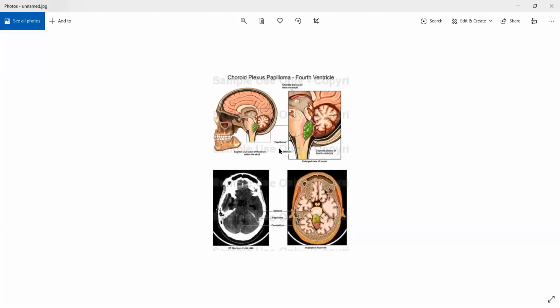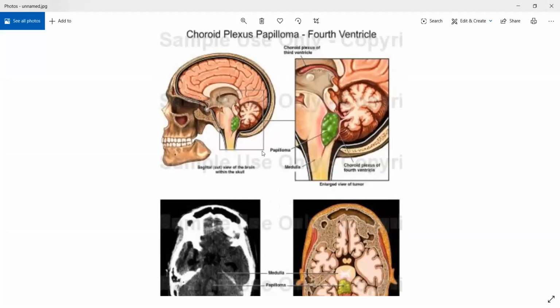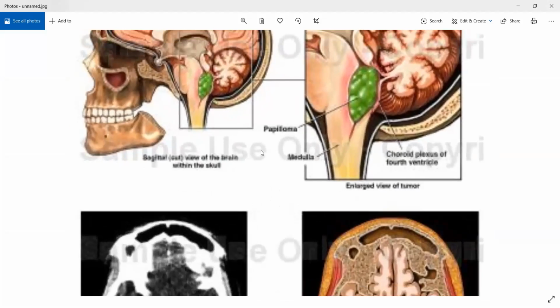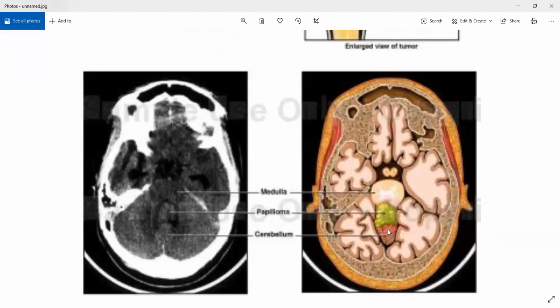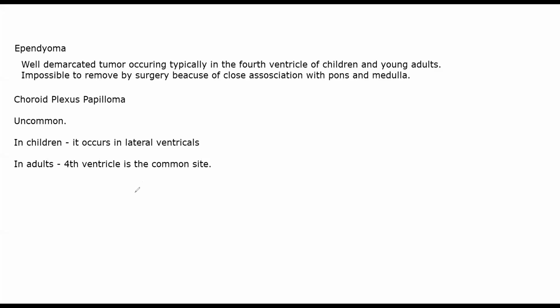If you can see, this is a choroid plexus papilloma that is occurring in the fourth ventricle. I'm zooming in so that you can see this green colored structure, that is the papilloma. All right, it'll start off small and it'll keep on increasing to the extent that it'll start putting pressure on the surrounding area. तो ऐसा दिखता है, अगर cut section देखें तो it'll look like this, right? Then we have the last tumor of your CNS called metastatic tumor.